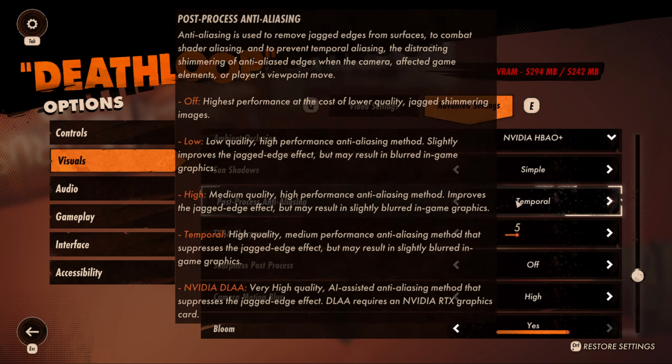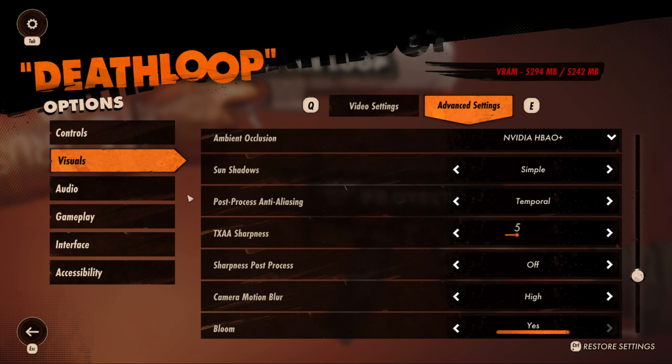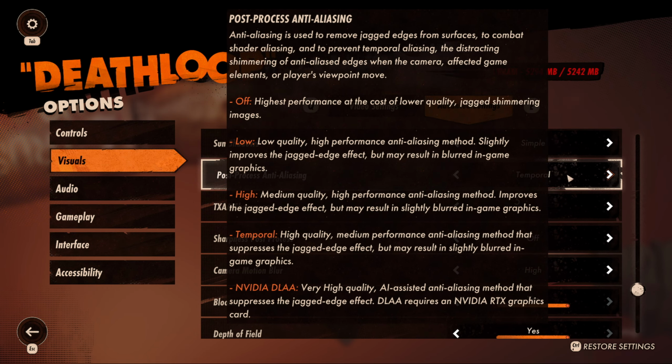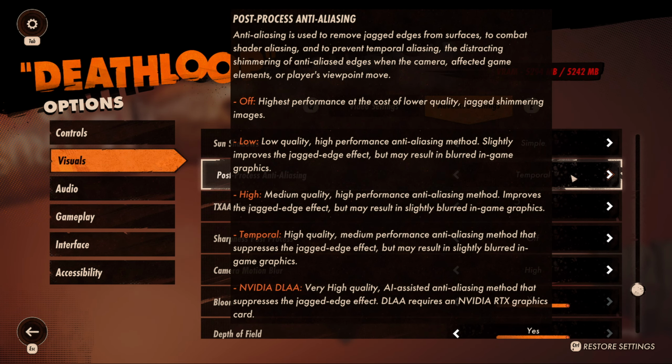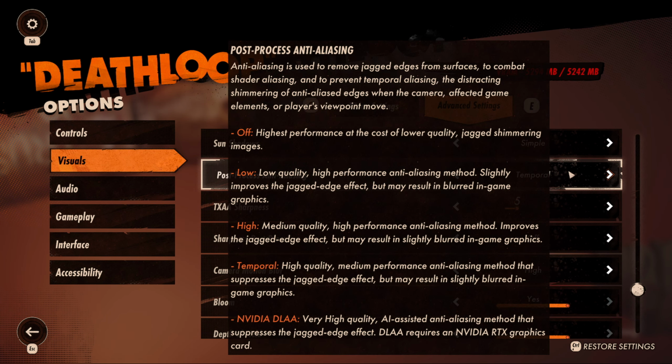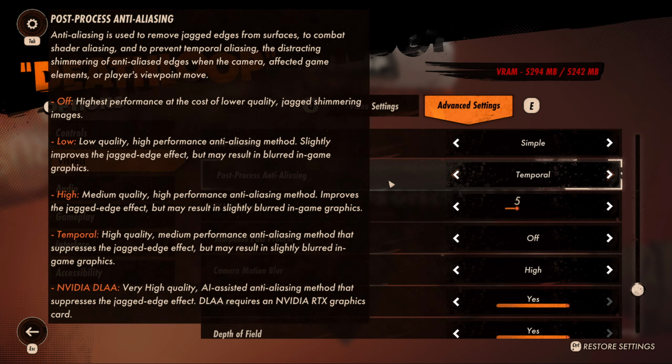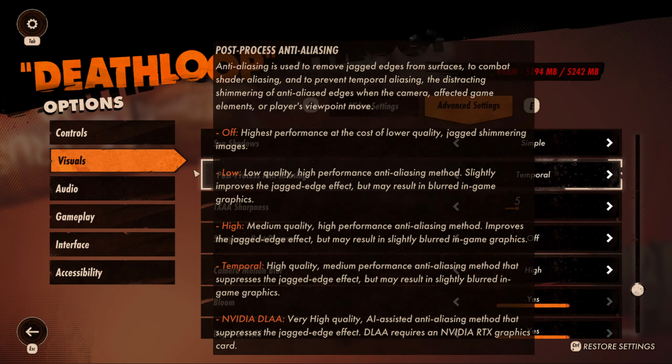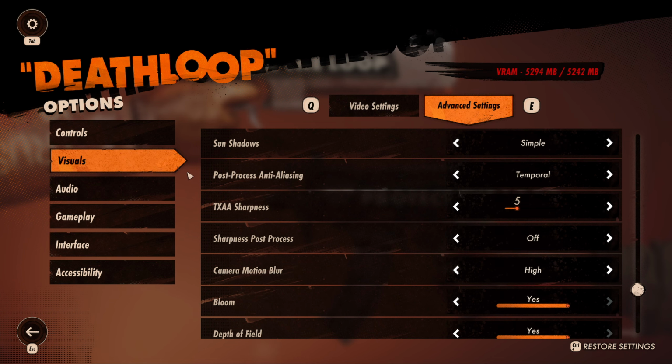Oh, it is at temporal by default. I mean, temporal is the highest mode, but I don't want this DLAA because it is something related to ray tracing. And I actually don't like ray tracing because, like I said before,